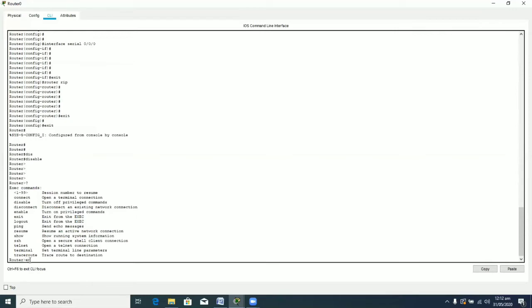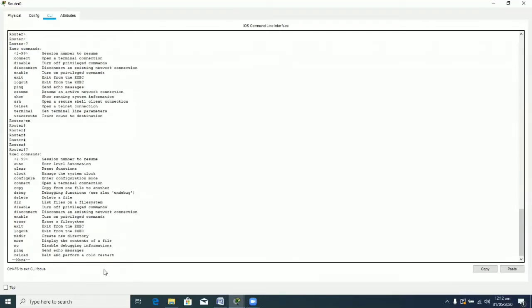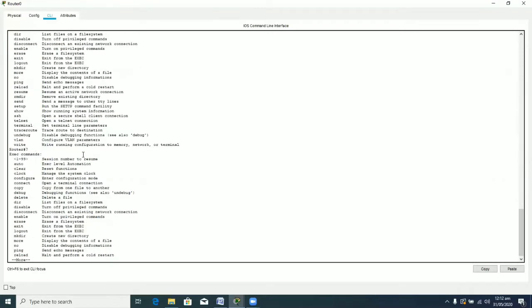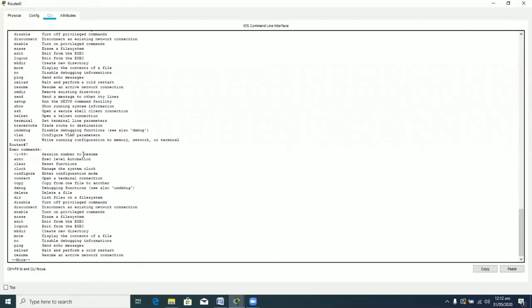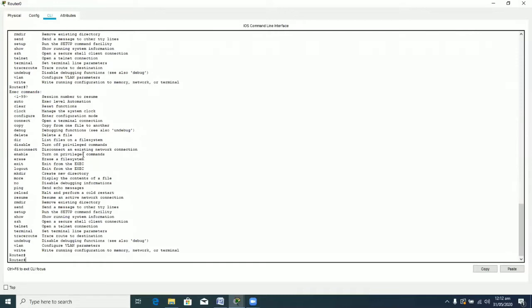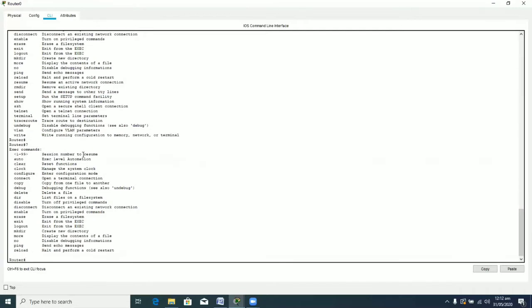So now I am moving to the enable or the privilege mode, and here also I am using the help feature by simply typing a question mark. Here you can see that there are a large number of commands, and a More prompt is over there. If you press your space bar, then another page will be visible to you. If you don't press the space bar and you just press enter, then one command at a time will be shown to you. And if you press question mark and then press any other button, it will quit you from the help feature. So basically the help feature gives you the list of commands and the relevant actions that those commands perform.